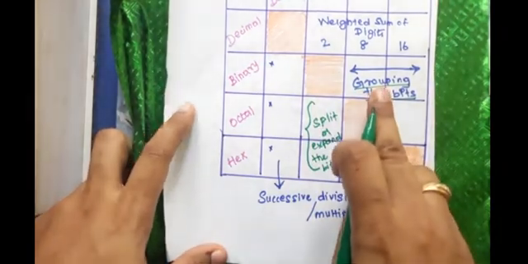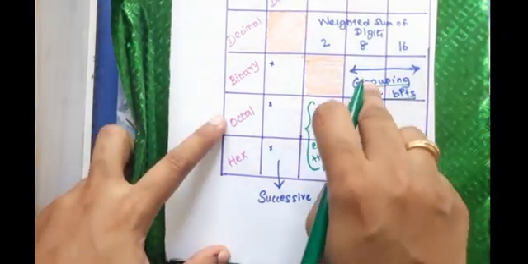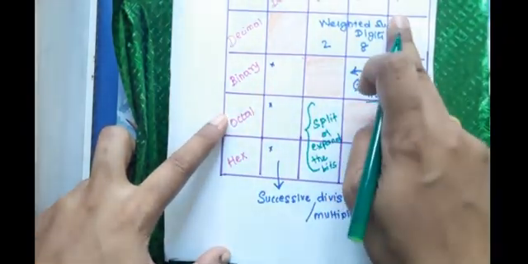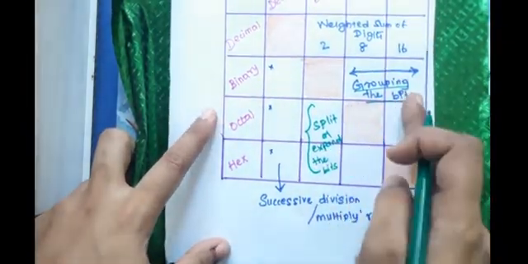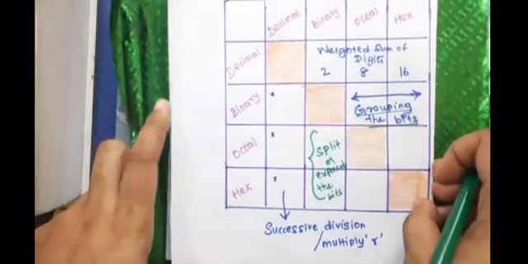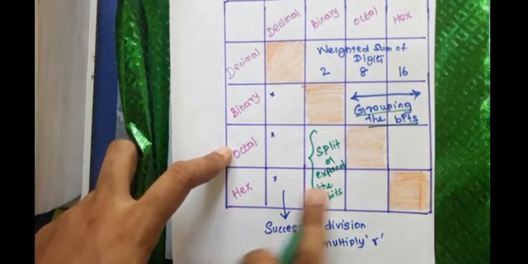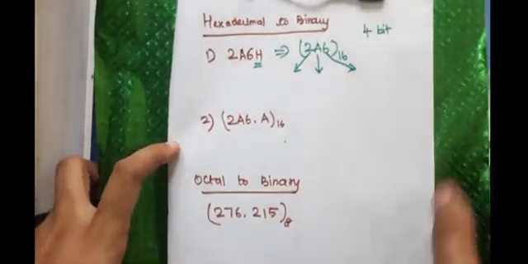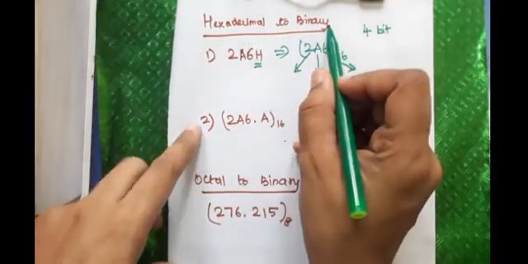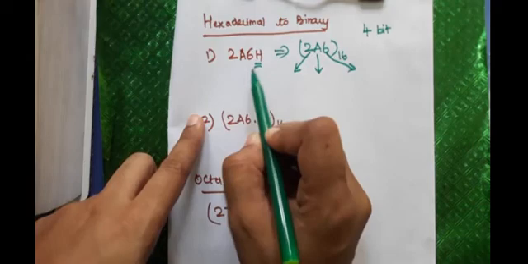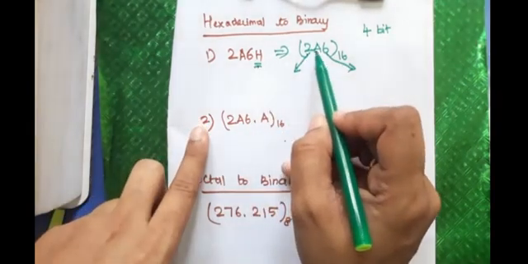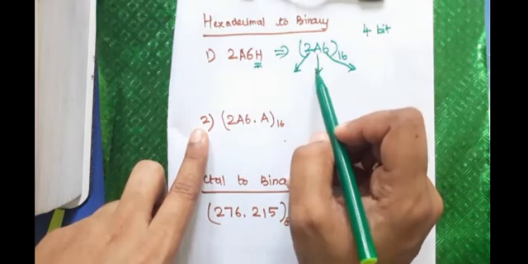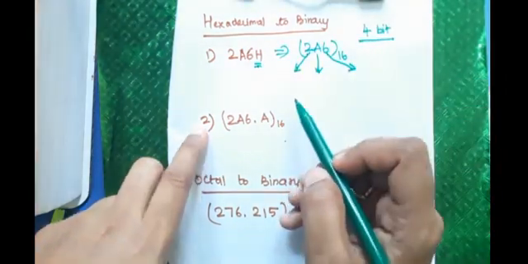So this way we have converted a binary number into octal or a binary number into hexadecimal by grouping the bits. The opposite can be done by expanding the bits. That is, a binary number can be got from octal or hexadecimal by mere expansion of each digit into a number of bits. How? Let's see. Let's take an example of converting a hexadecimal to a binary number. Let's take 2A6H. H denotes hexadecimal, so I can write it as 2A6. Each digit can be represented as a 4-bit binary equivalent.